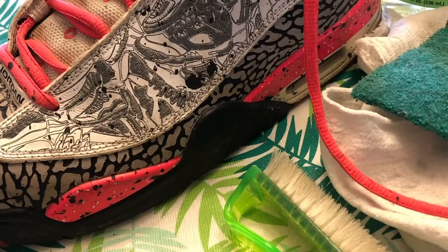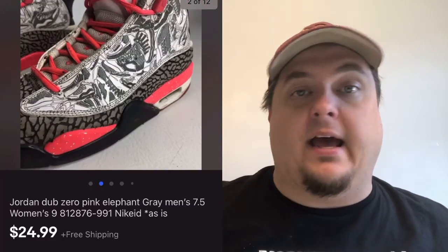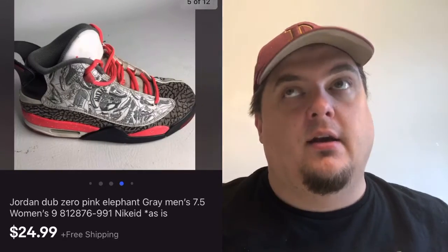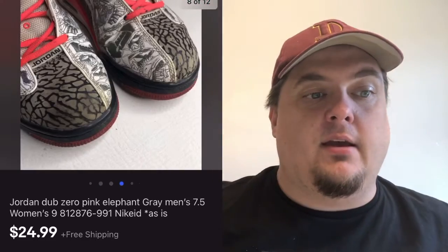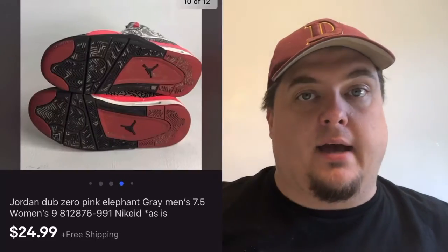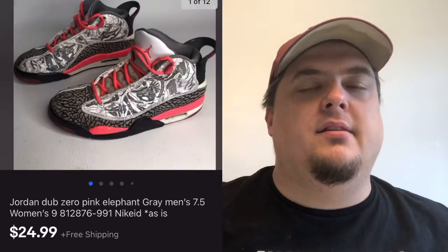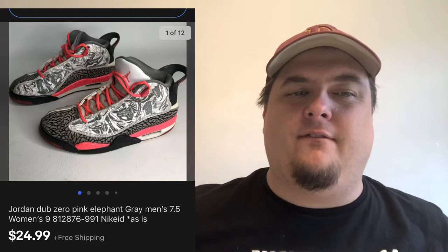Anyway, they were covered in tar, so I picked them up at Goodwill for $6.99. They were in bad shape. I'll show you some pictures. But that Angelus cleaned these up, not perfectly, because the tar had discolored. I got the tar off of the midsole and that leather white patch with the threads, but it had done some damage. They were stained, and so they sold for $25